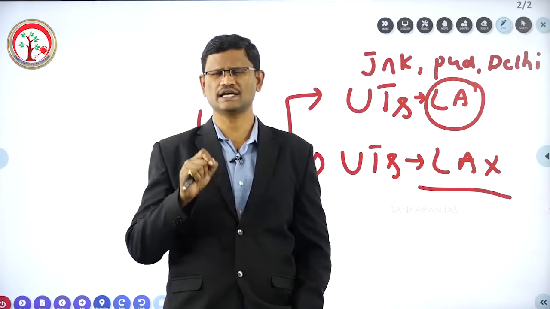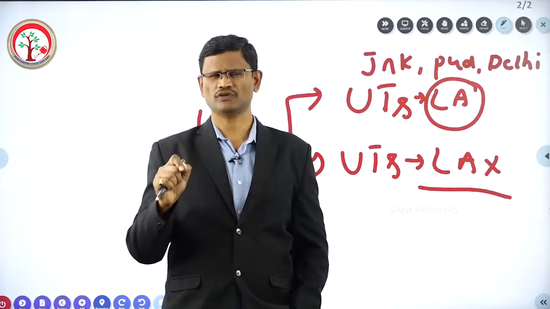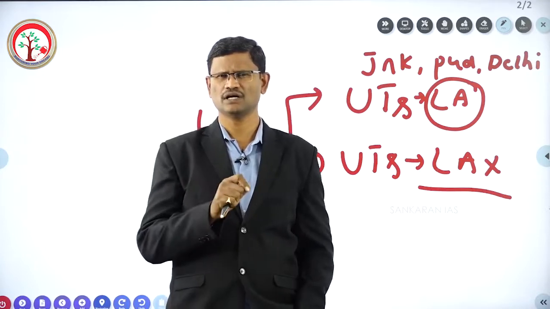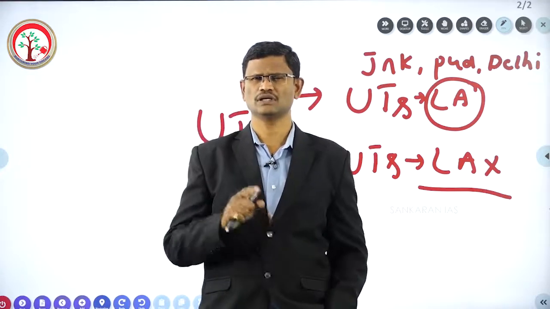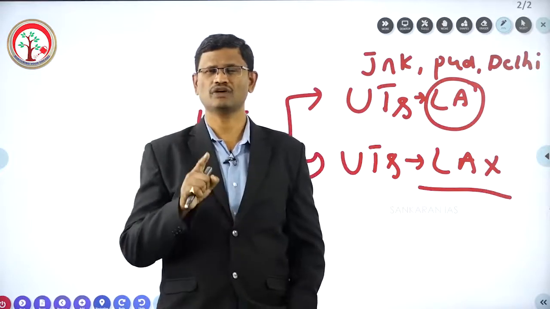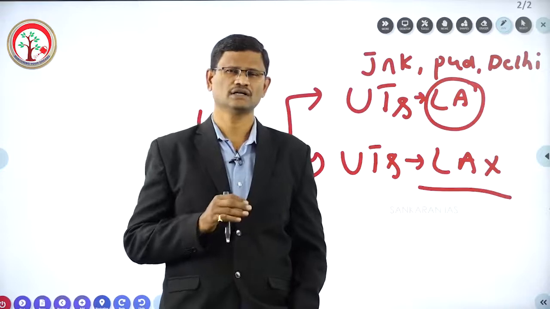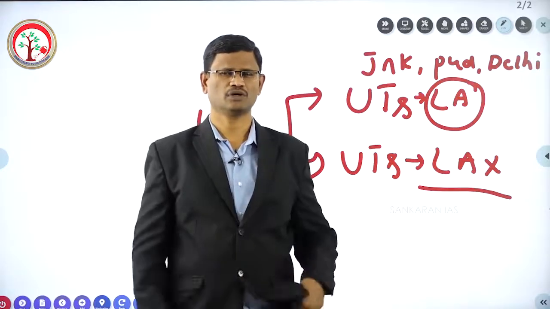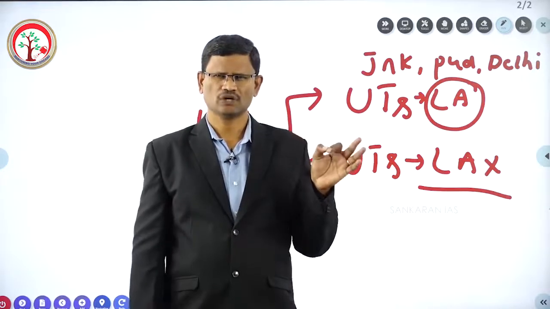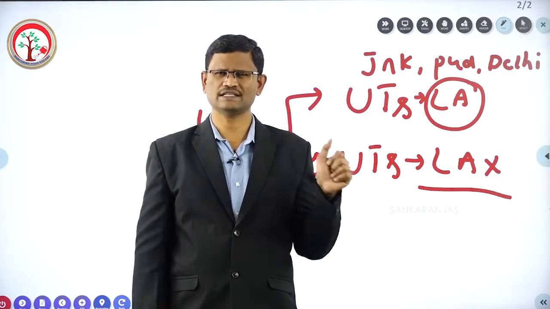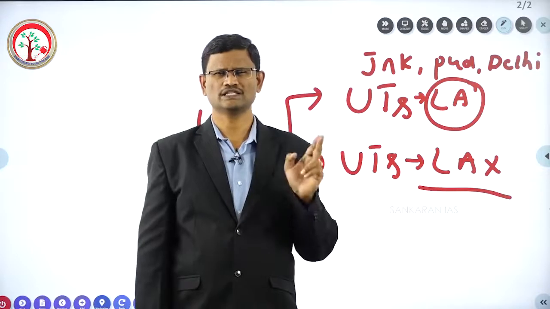In case there is a conflict between the law made by the Parliament and the law made by the state legislative assembly in the UTs with the legislative assembly, the law made by the Parliament will prevail. It will have precedence. So here again, there is supremacy of the Parliament. So in Jammu and Kashmir, in Delhi, in Puducherry, though they have a legislative assembly, though the legislative assembly can